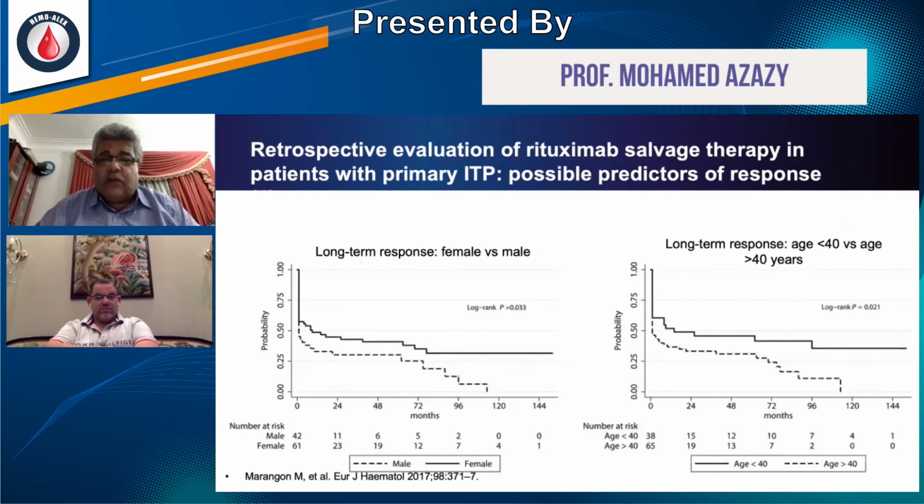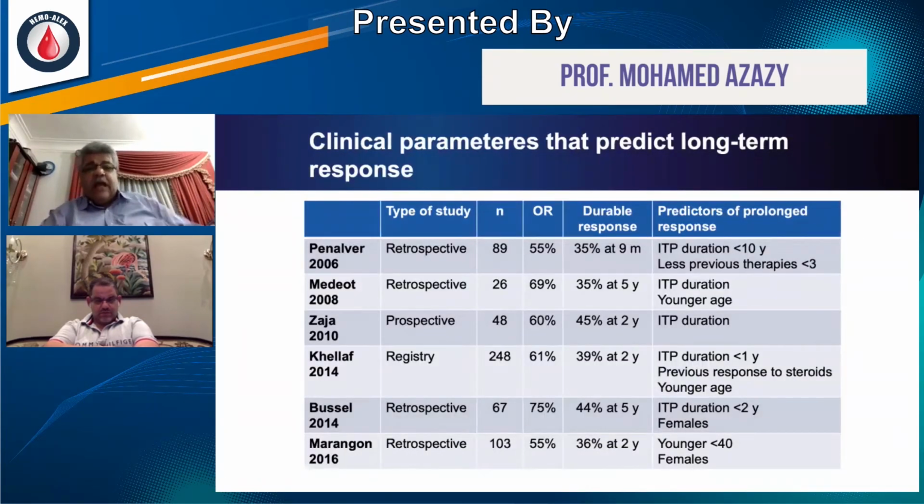Retrospective evaluation of rituximab as salvage therapy in patients with primary ITP, with another possible predictor of response, has been studied, and you can see here that the long-term response differs quite a bit between male and female, and in patients above the age of 40 versus less than the age of 30, another problem for those patients. There is a difference in the response between male and female to rituximab therapy, and age is another risk factor. Clinical parameters that predict the long-term response for prednisone have been studied by many groups, and